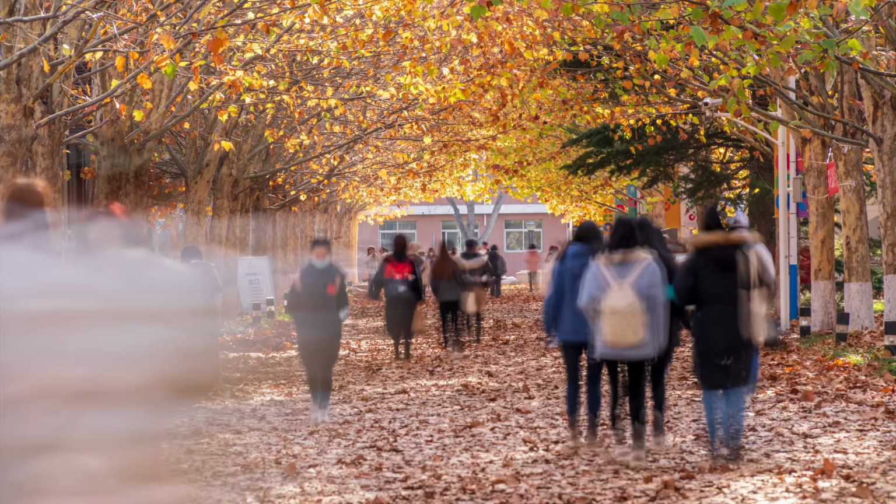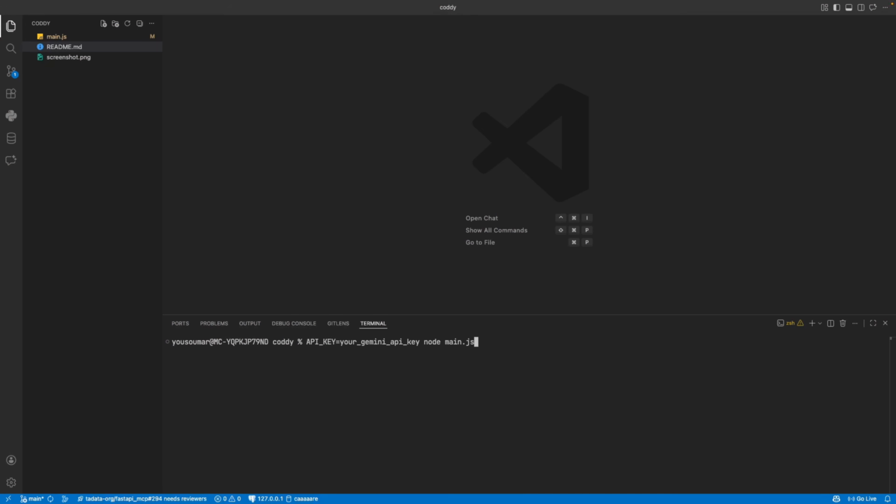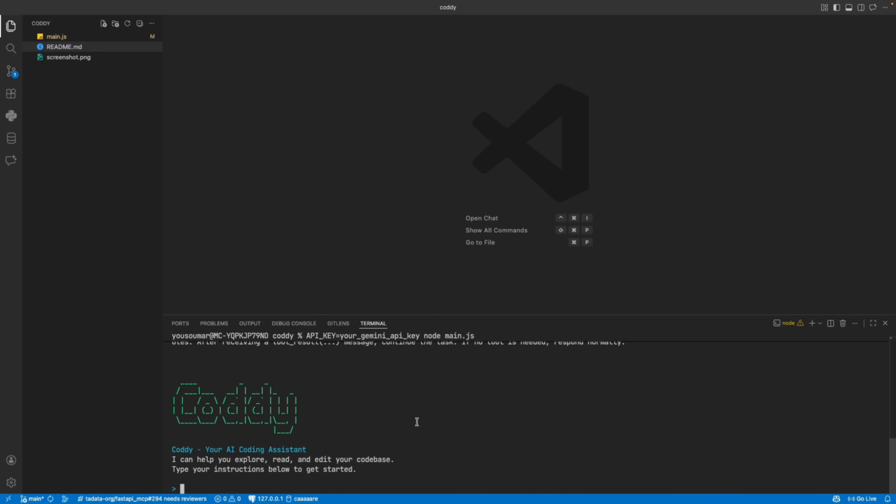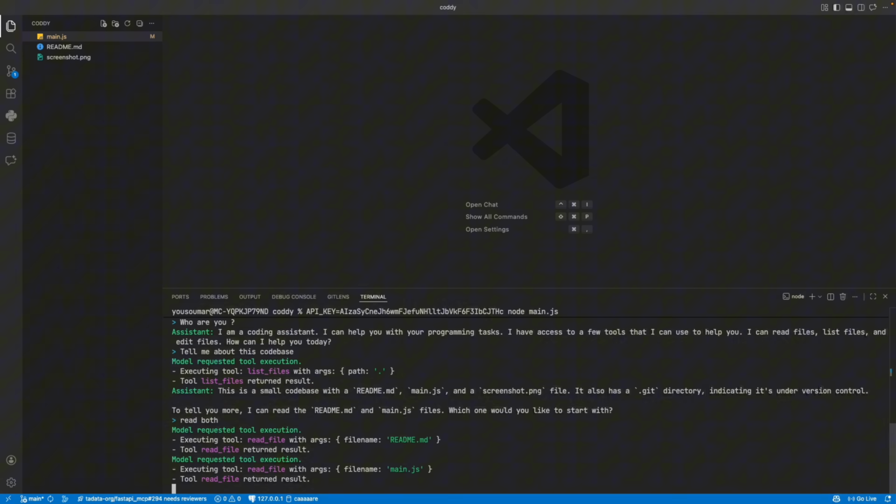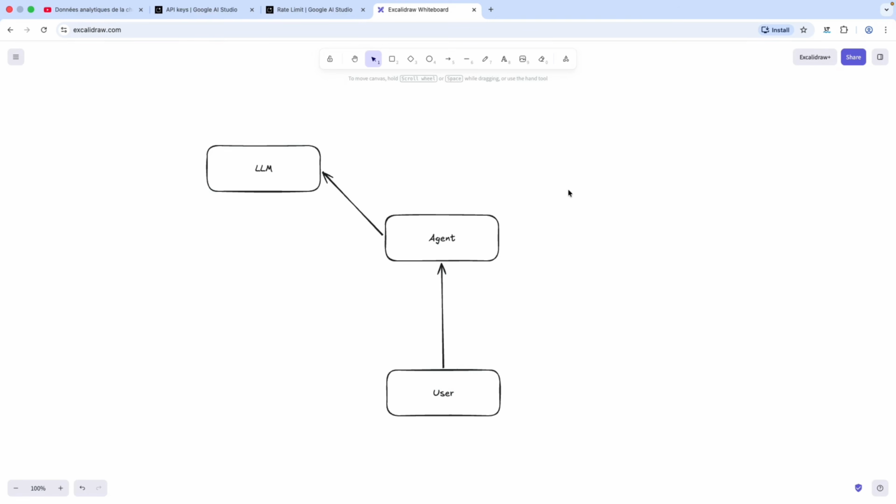In less than 300 lines of simple code that any person with some background in computer science can understand, we will build Cody. It's an agent that is similar to VS Code's GitHub Copilot and Claude Code. It can search through our code base, it can read files, it can edit them. Before going into the code, let's highlight some facts.